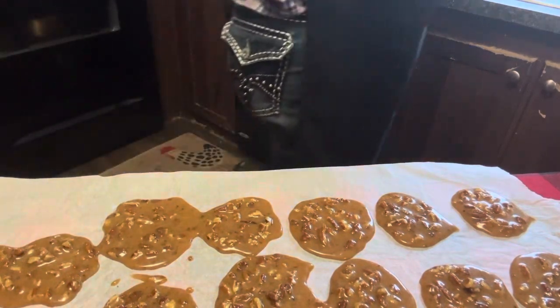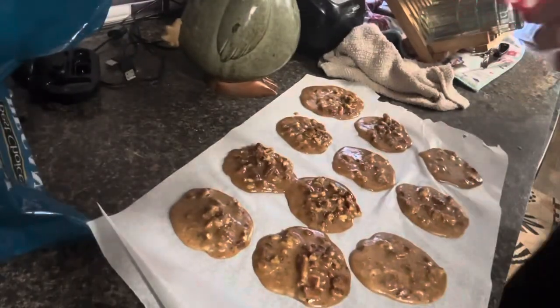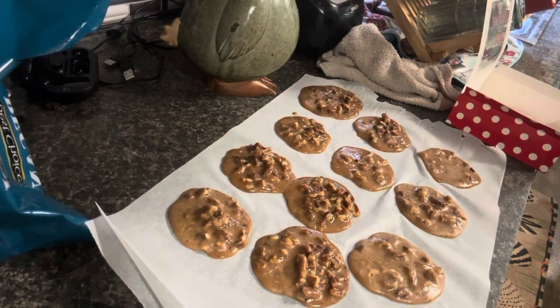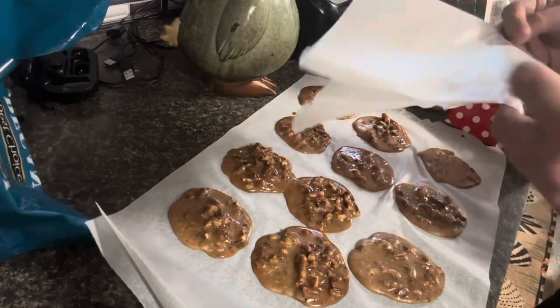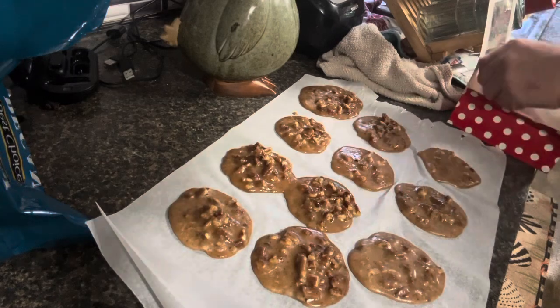We're just going to let these set and completely cool. Okay, these have set, so we're going to get them boxed up. And I'm going to put wax paper in the bottom of my box. They're so much bigger than my little cups. I think I'm just going to fold a sheet of wax paper and stick it in the bottom of the box,